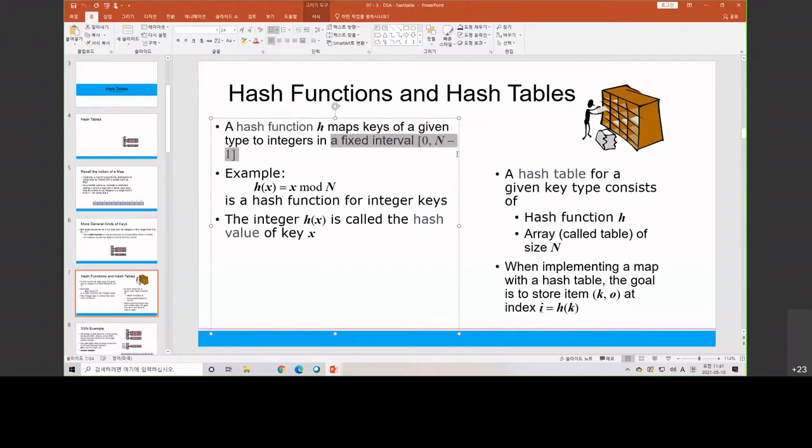Let's assume here we have 0 until n minus 1. Let's say, I put this figure. If you have a bookshelf, then you will have a limitation of space. Here we have 1, 2, 3, 4 columns, and we have 1, 2, 3, 4, 5, so we have 5 rows. We have a limited number of spaces, and we want to map every given type